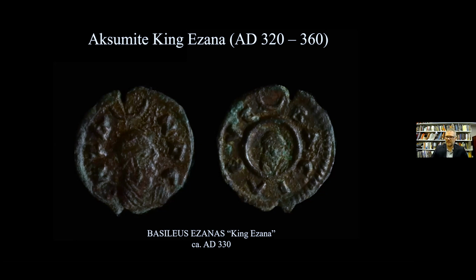And King Ezana, his coin here reads Basilius Ezana in Greek. So this gives us a little sense of how the Aksumite kings were tied into a globalizing world that connected to the Mediterranean, and we're using Greek, clearly a foreign language, to write the mottos on their coins. And also up here at the top of this coin, you see the crescent moon symbol of the